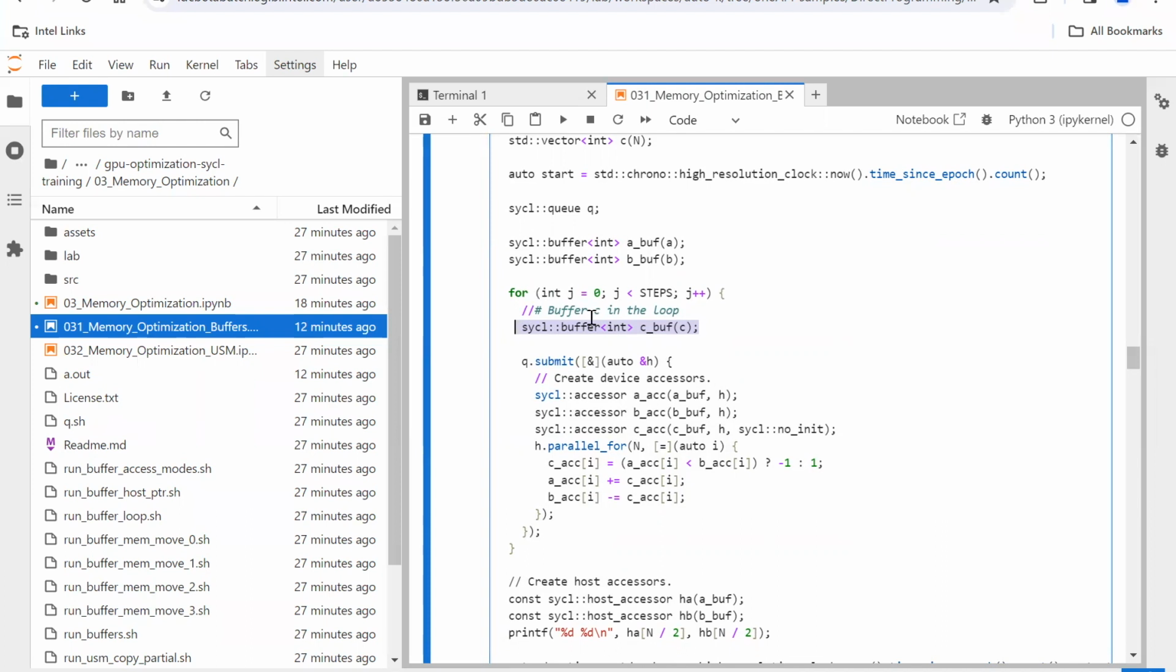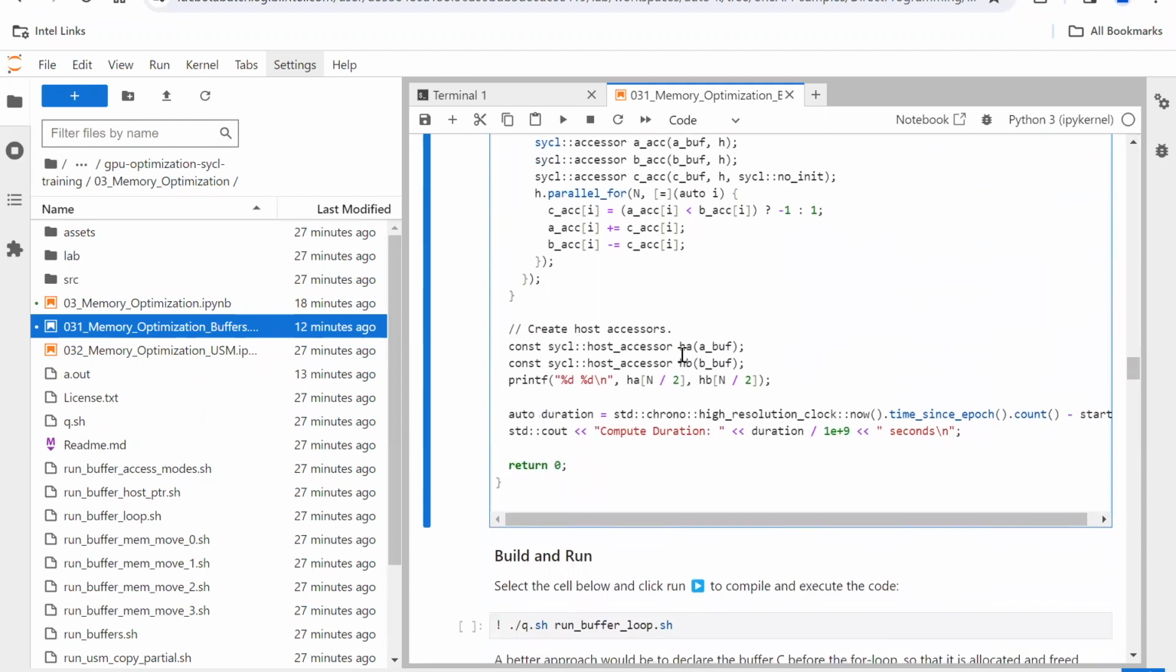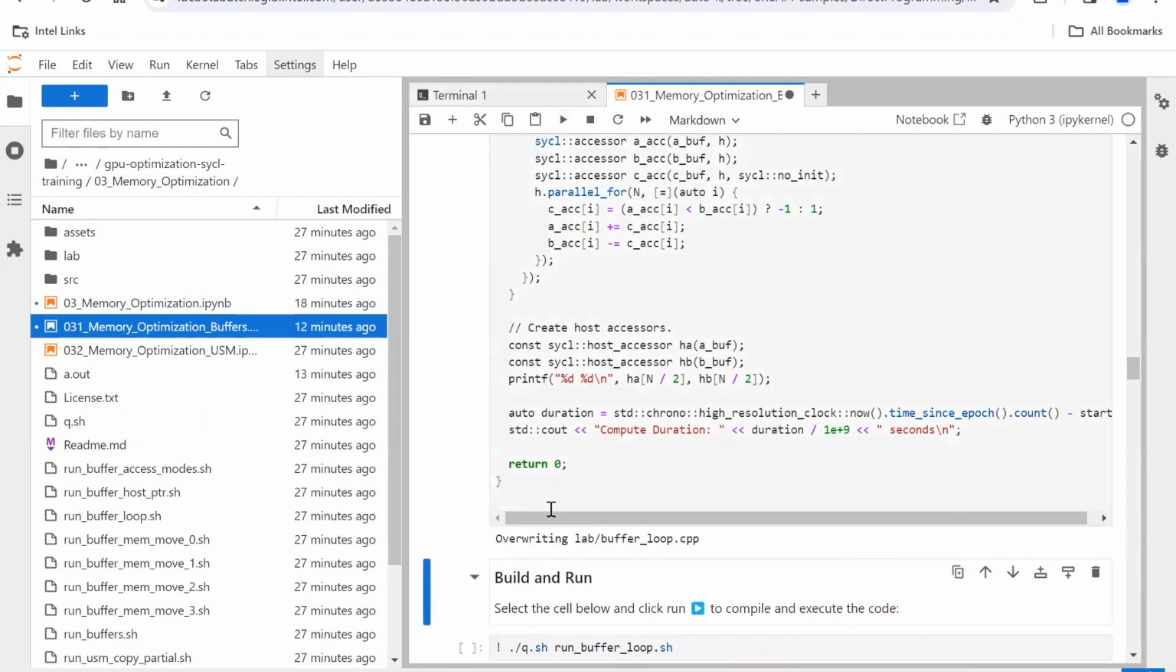So keeping it inside the loop will actually recreate the buffer multiple times, which does have some overhead. So this example is just showing the performance hit when you're repeatedly creating a buffer versus when you move the buffer outside the loop and then rewrite the buffer, right? So what we can do is run the code as it is. So that's what I'll do. I'll just hit the play button,